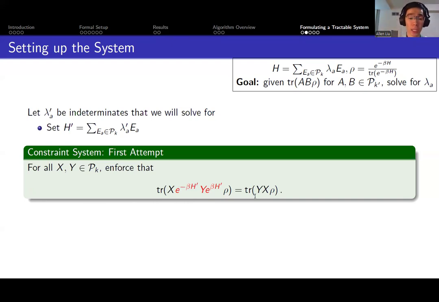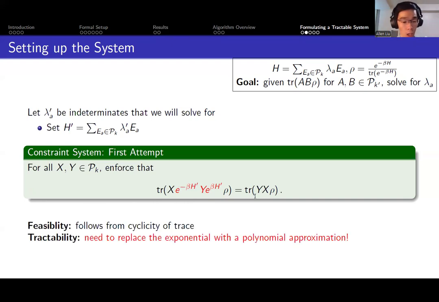And so why is this a natural thing to try? Well, at least it is not too hard to see that this condition is at least feasible. When h prime is equal to h, this equation is satisfied because of the cyclicity of the trace. However, this expression in red is not very tractable for efficient representations or efficiently solving it,